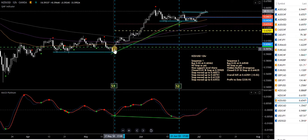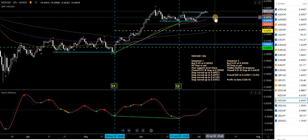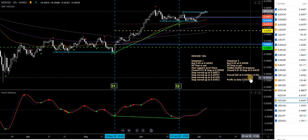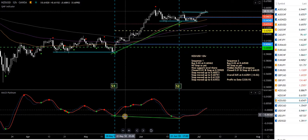I'm still in a buy trade from back here also, and it stops here. So locking in profit there. Now can't lose on the second buy, which is good. Overall break even is this level here, because I'm net positive plus 0.02. As long as price remains above that yellow line, I'm sweet on both those trades. So that's it for the